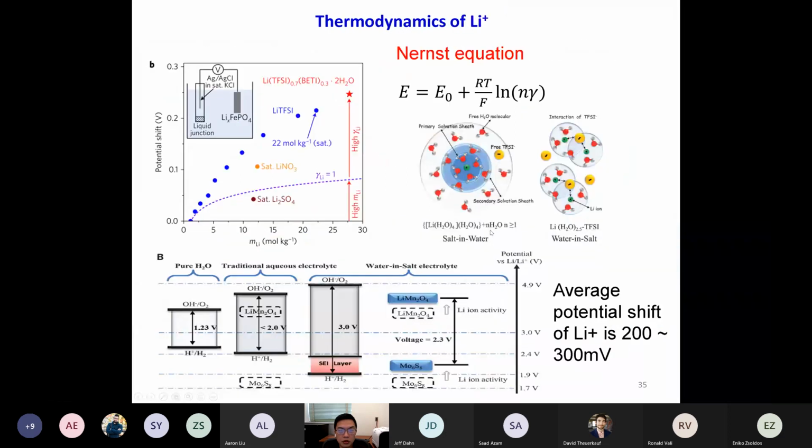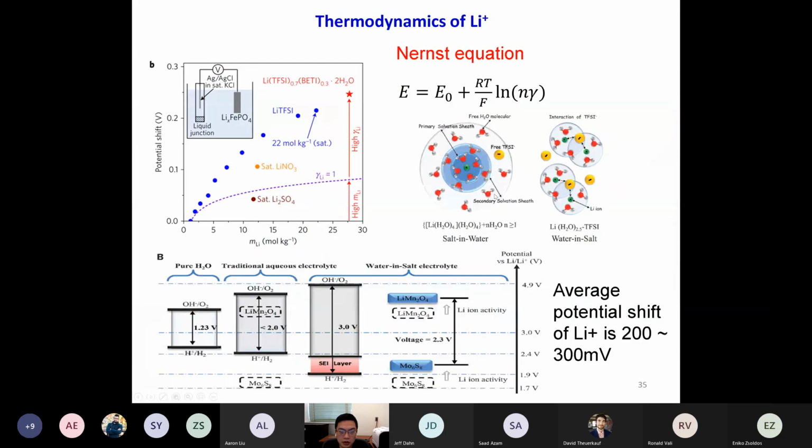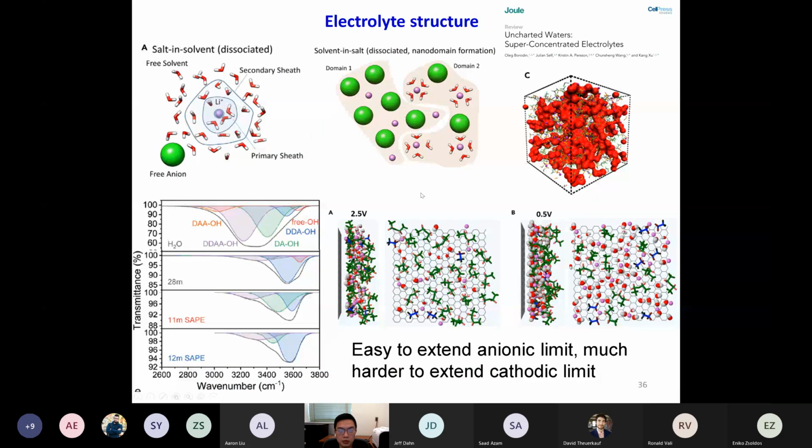But we only talk about the thermodynamics of this whole electrolyte, which is not so unique for this system, for the lithium TFSI salt, because we can achieve the same effects with other high solubility salts like lithium nitride or something. Right? It can also achieve like 21 molar and achieve the same extension. But more unique for the high concentration lithium TFSI salt is that, according to the normal electrolyte structure model